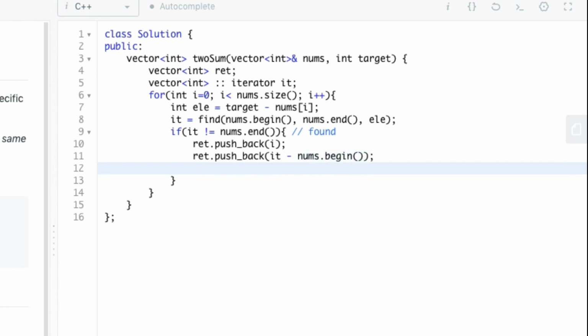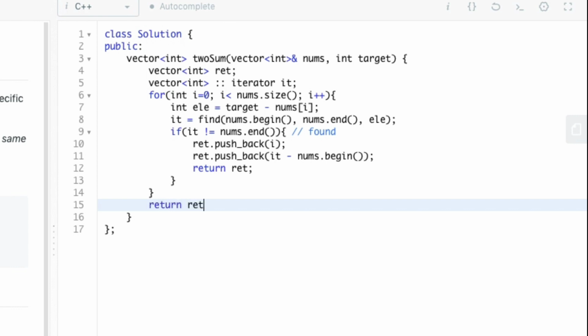So finally, we found the two elements whose sum is equal to the target. Now we need to return this vector. Suppose we did not find any such element, even then we need to return an empty vector. So here we need to return the return vector, which is empty.